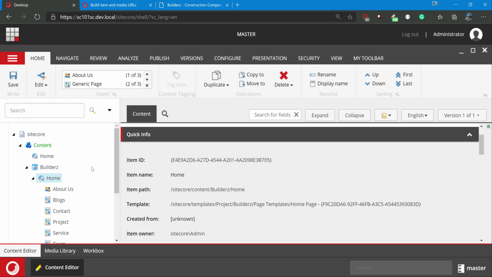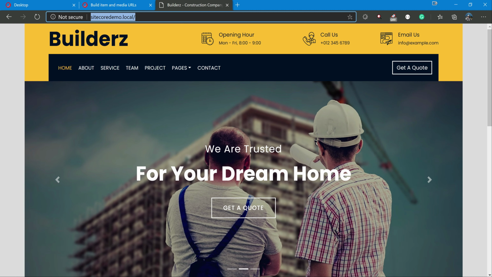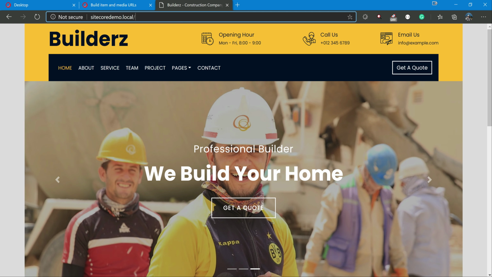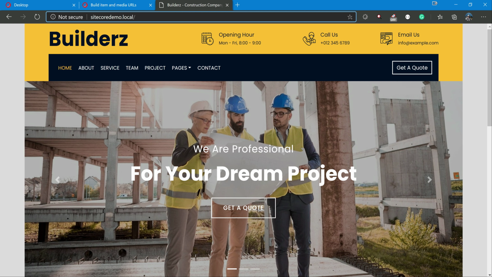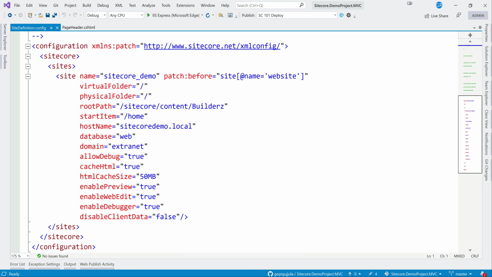So using the site definition, when we create a site, we will create a site definition, which is a configuration. Based on that, whenever we hit the host name in the URL, it will resolve. Now this is the host entry, the host name, which is sitecore demo.local. When we are hitting it, which item is resolving in Sitecore, which item gets picked up? That is decided based on the root path and start item of that particular site definition.